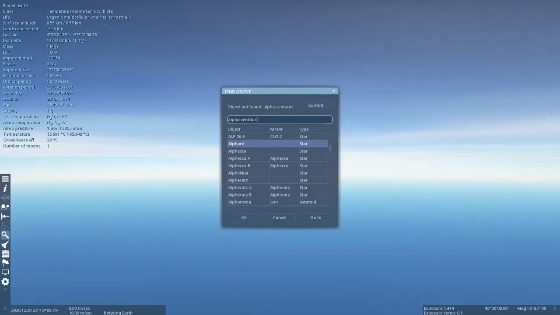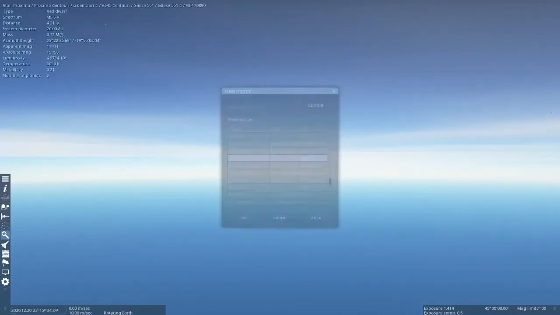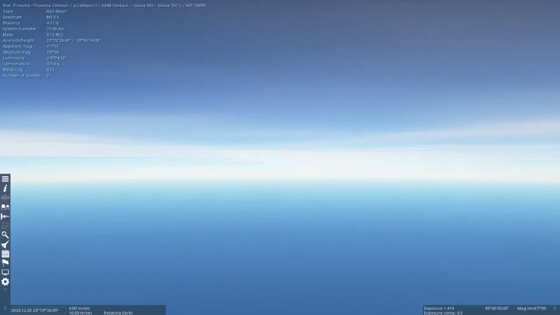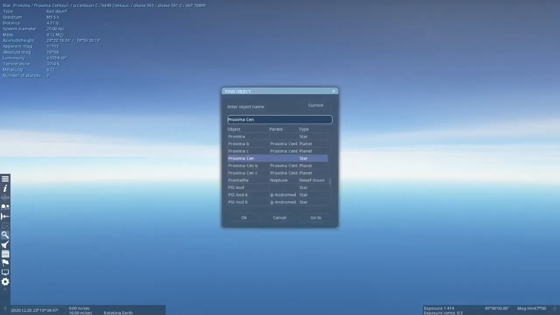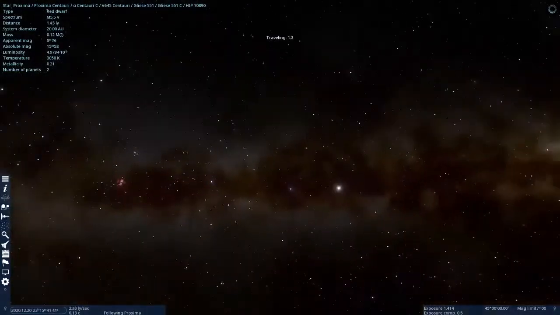The database is a little funny in the way it represents things. I've had trouble finding things at certain times. Try Proxima Centauri. That's a good idea. Yeah, Proxima Cen. There we go. Oh, and I should have said go to. All right, here we go. Good suggestion. Thanks.